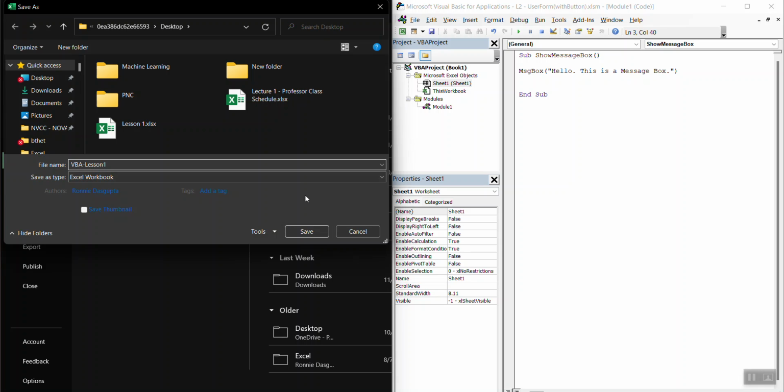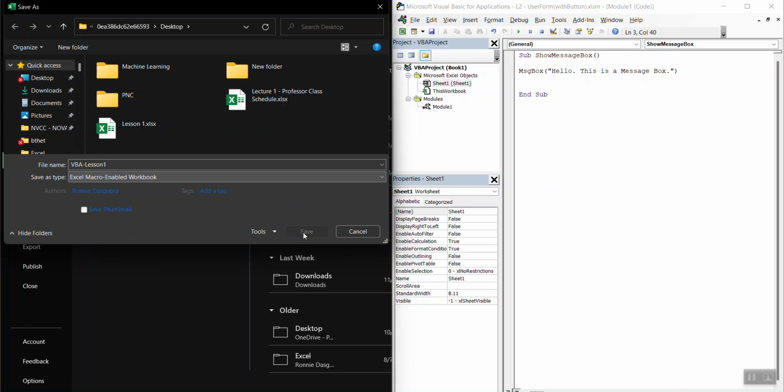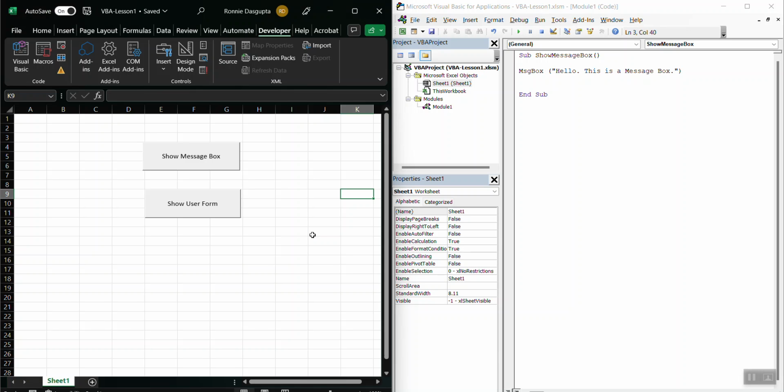But when I save it, I want to save it as Excel Macro-Enabled Workbook right here, not your regular workbook. I'm just going to save it real quick. Now it's going to save, bam, okay? So now I'm in an XLSM